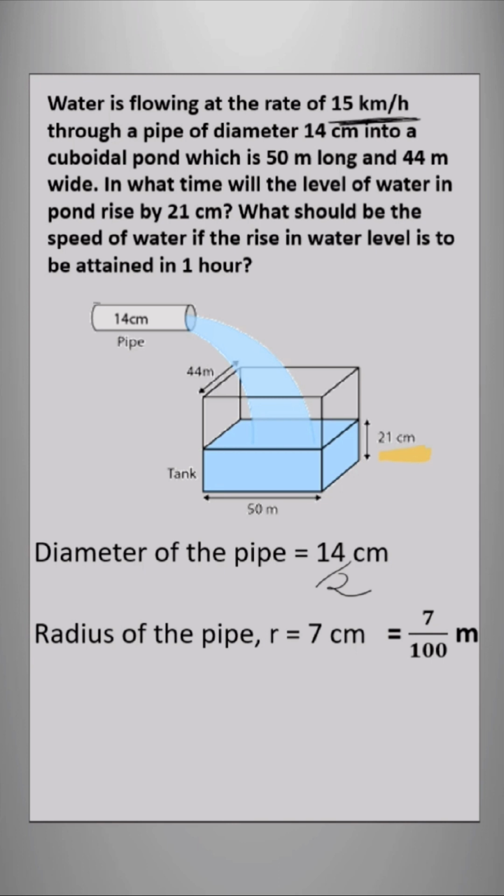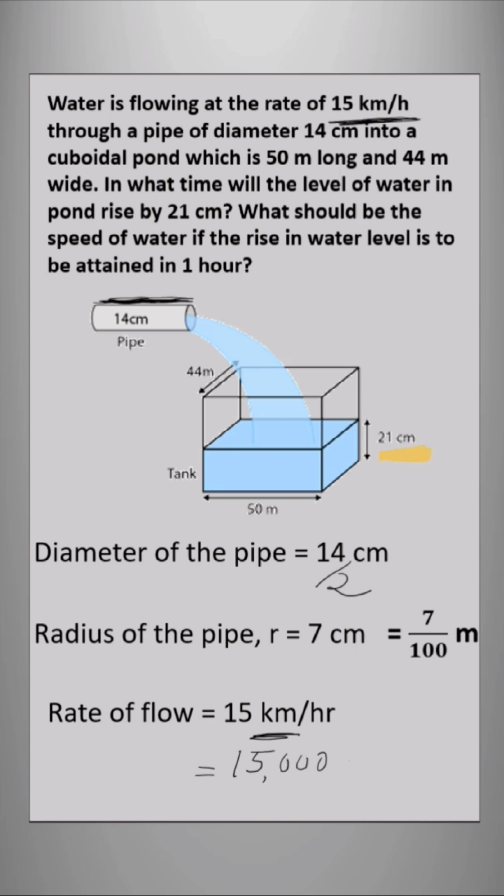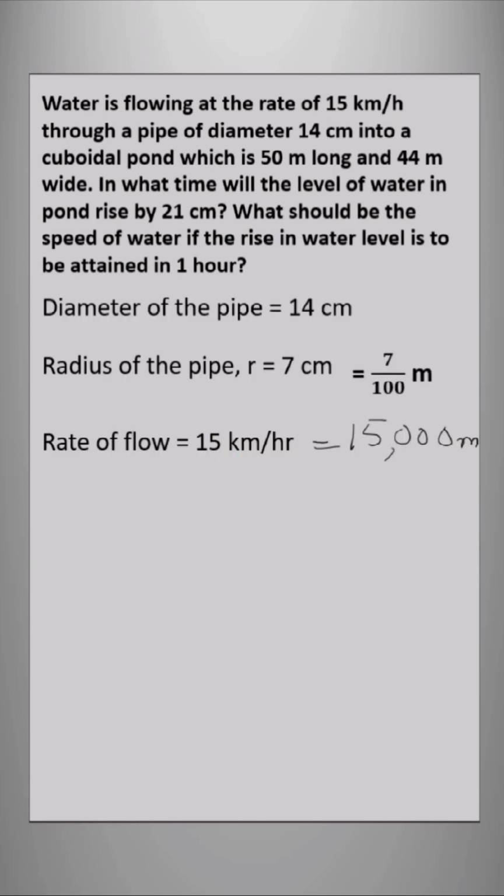Rate of flow is 15 kilometer per hour. It is given in kilometer, so we have to convert it into meter. That is 15,000 meter. Now we can find the volume of the water in the pipe by using the formula